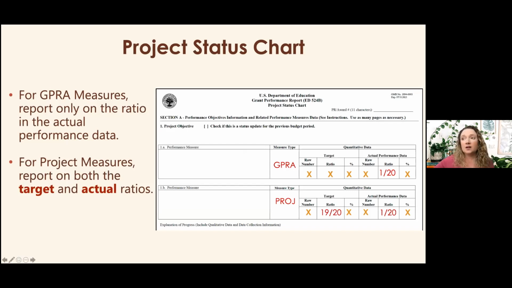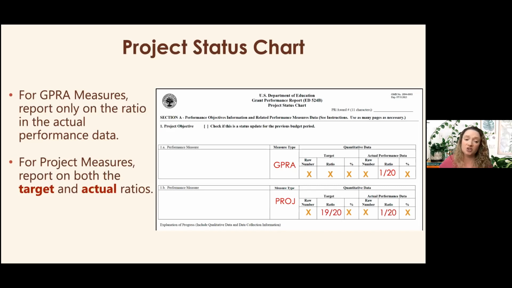Literally, the only box you're going to write in is the ratio box under actual performance data. GEPRA measures do not have targets. They only have actual performance data. Okay. Now you'll notice the G5 system will automatically create a percentage for you, and that's fine, but you're only entering this red, your actual performance ratio.